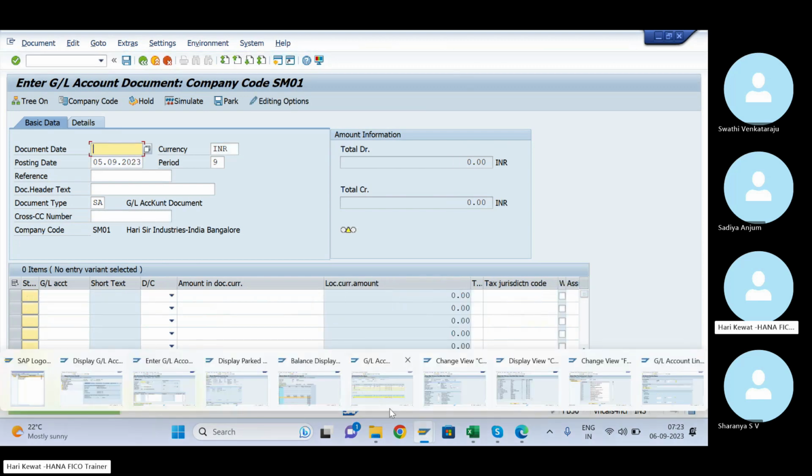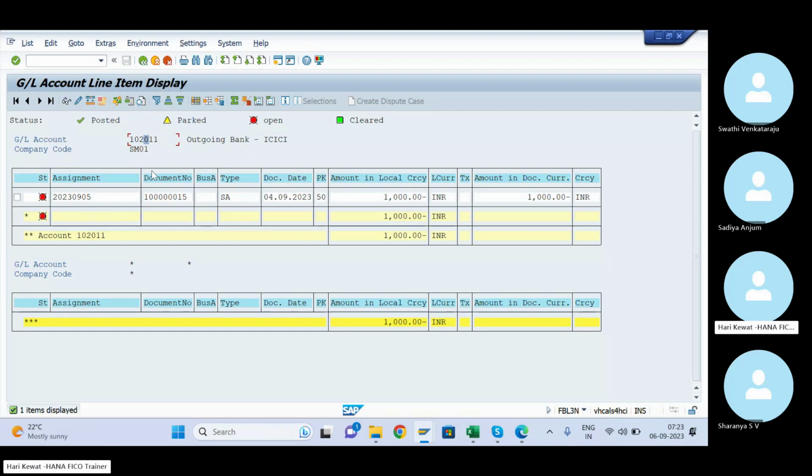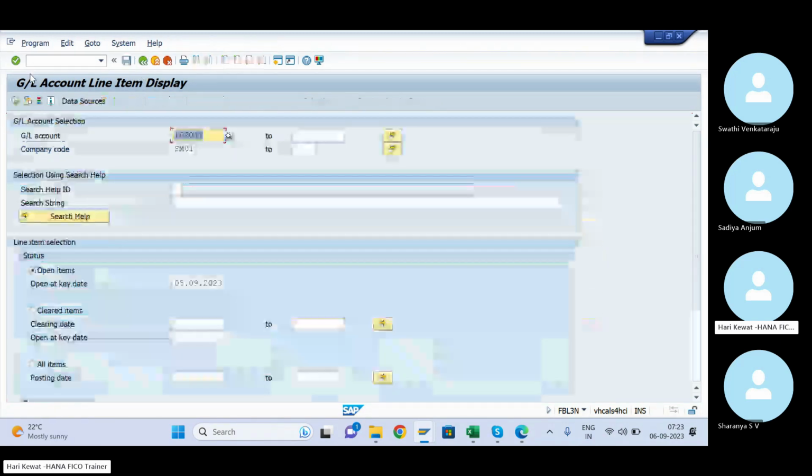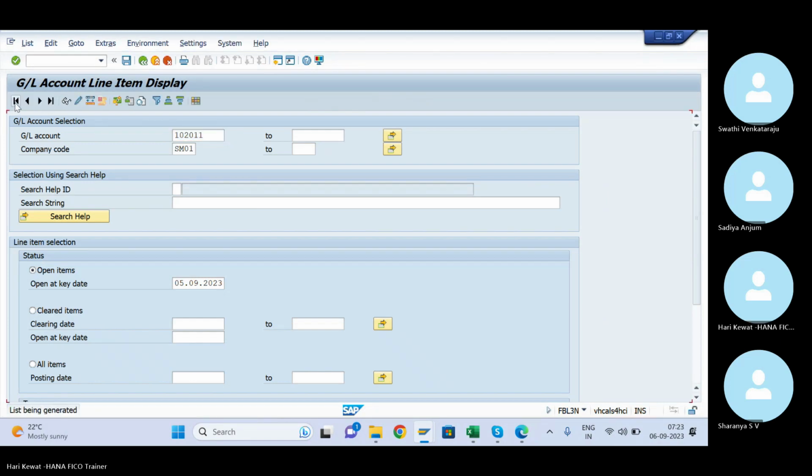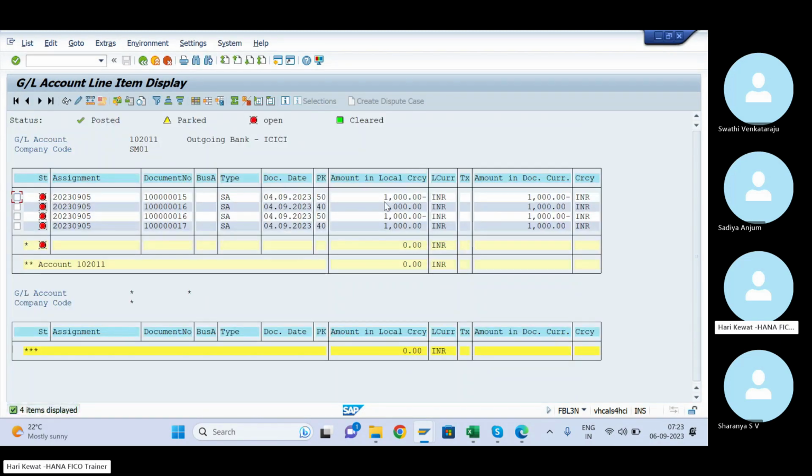So now a total of 4 line items will be there. The 2 line items debit and credit you posted together, and now one more. Run it. See here, actually it should have been only this and this one, but I posted debit and credit mistakenly. So total 4 line items. This minus means credit. These two you can nullify, and this also you can nullify. So total 0. All these GL line items during the month, you have to do the clearing.